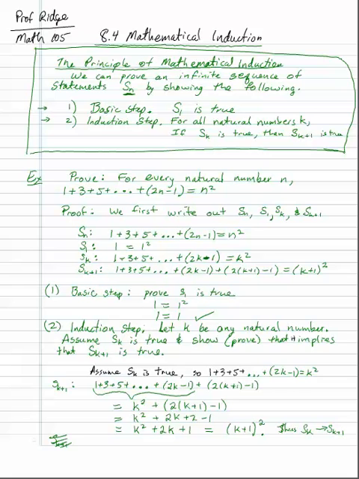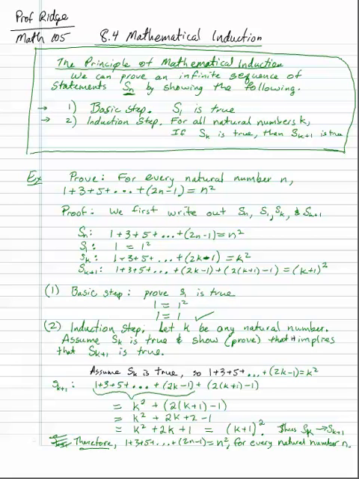Okay, so I'm going to write it this way. Thus, S sub k implies, that's that one-sided arrow, S sub k plus 1. So if S sub k is true, S sub k plus 1 is true. And then by mathematical induction, we proved the original statement. Therefore, 1 plus 3 plus 5 plus dot dot dot plus 2n minus 1 equals n squared